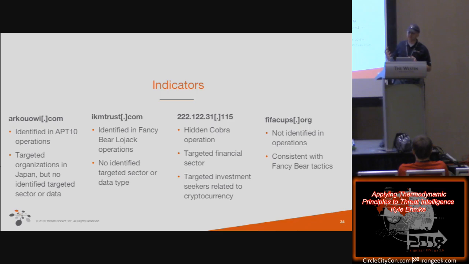So here are the 4 indicators that we'll evaluate. Arkawi.com was identified in a 2018 APT-10 operation targeting organizations in Japan. However, no context was given for the type of sector or data that was targeted in that attack. IKMTrust.com was identified in a 2018 Fancy Bear operation using LoJack, but no targeted sector or data type were included in the report. The IP address 222.122.31.115 was identified as part of a Hidden Cobra operation targeting the financial sector, and specifically, they targeted data and